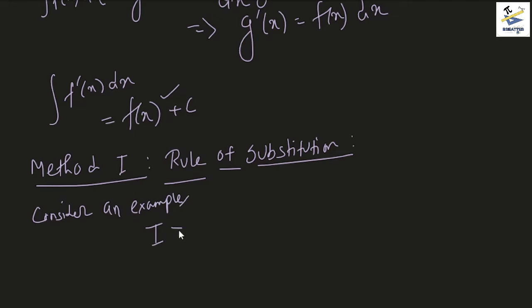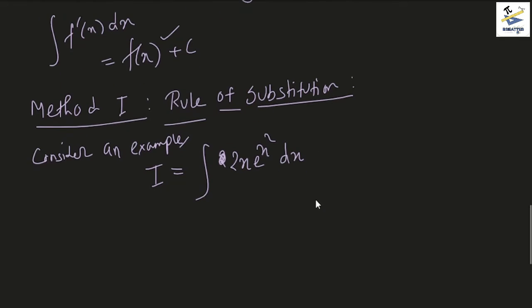Let us say we are trying to evaluate the integral I equals the integral of 2x e to the power x squared dx. Now this is not one of the elementary functions that you have seen, but rather a composition of two. Remember that the integral of e to the power x is e to the power x, but in the case of differentiation of e to the power x squared, you could have just used